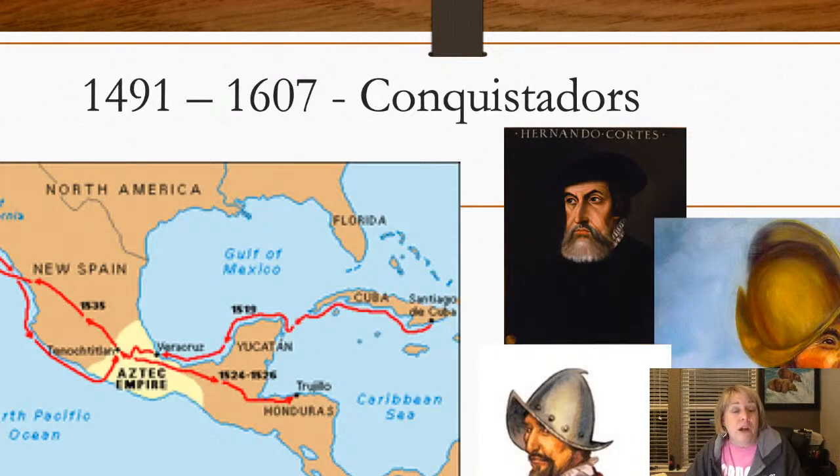Tenochtitlan, the capital of the Aztec Empire, is actually present day. There it is. Thank you, Gabby. Keep your friends close, but your enemies closer. I knew it was out there somewhere. Tenochtitlan is going to become modern day Mexico City. So this is going to be kind of the launching point of the Spanish